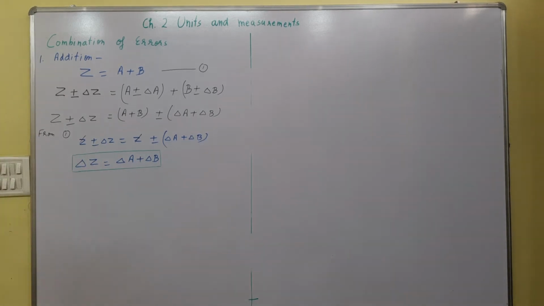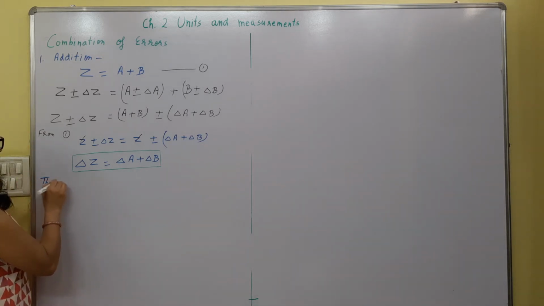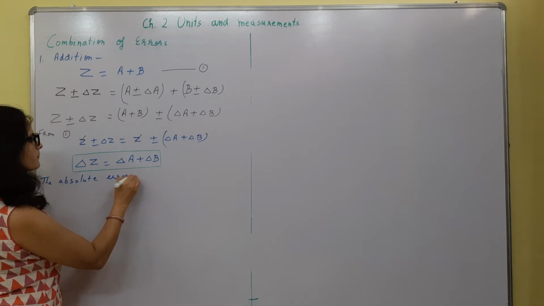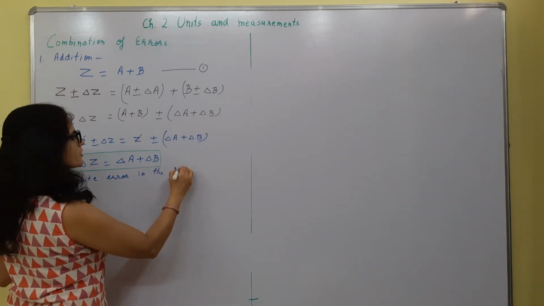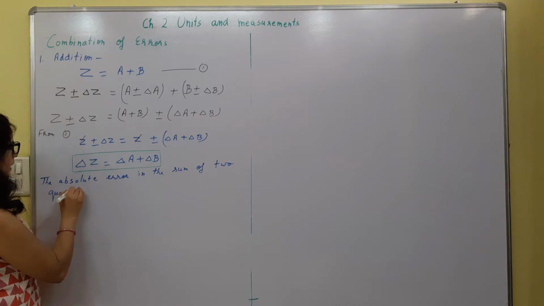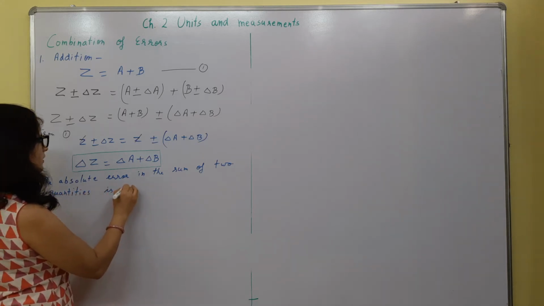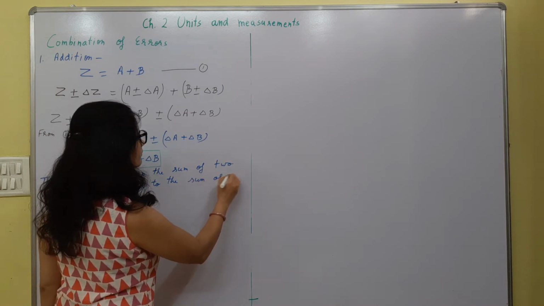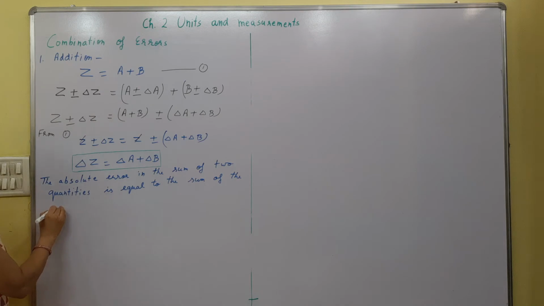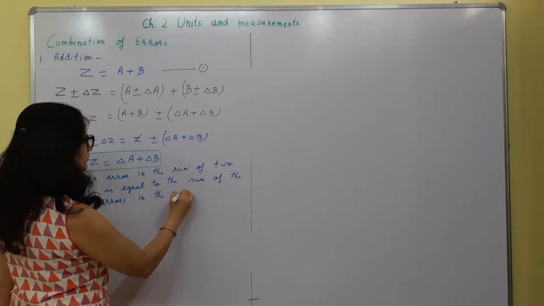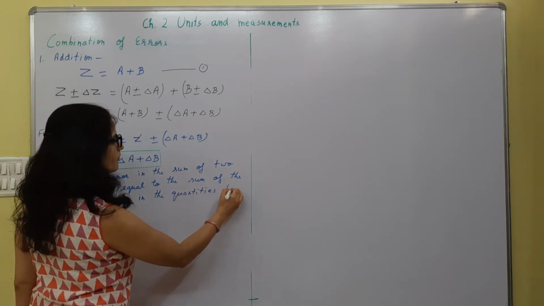So the statement we need to write: the absolute error in the sum of two quantities is equal to the sum of the absolute errors in the quantities being